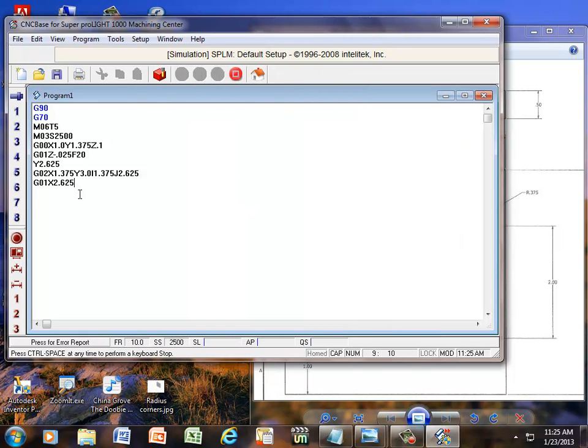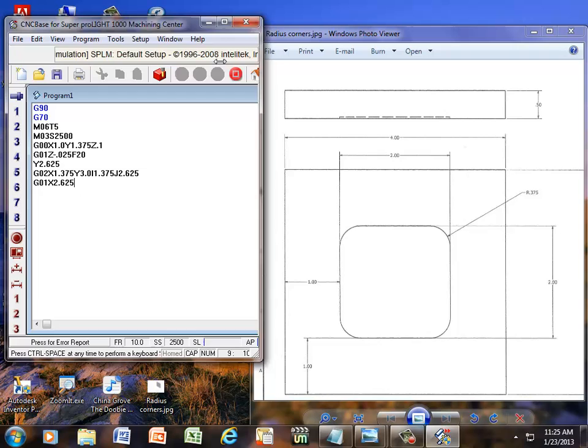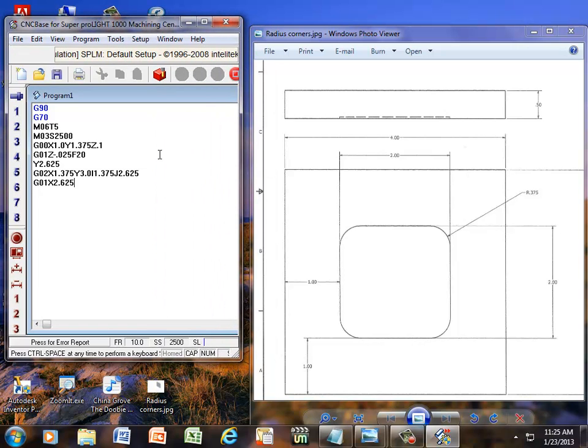There. Enter that. So next thing we need to do is go ahead and machine that radius. From here all the way over to here is going to be 3 inches in our X, and we're going to be coming down to 2.625 in my Y. So G02 X first,